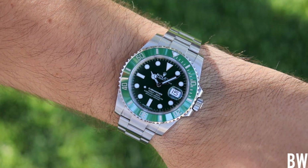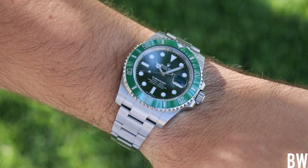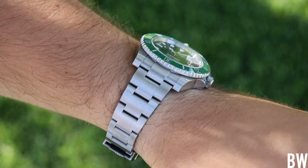I think you could do a great job, Tudor, if you're watching, at engineering something in future generations of clasps and bracelets that has that feature. Watch fans would love it. Very practical. Now, the last thing, this might come down to personal preference, but I would enjoy anti-reflective treatment on